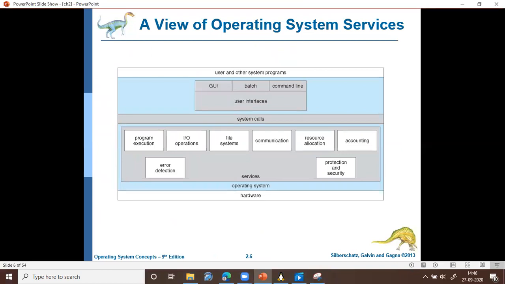So this is the diagram which describes whatever we have discussed so far. This is a generic computer system, how a computer system looks like. At the bottom layer we have the hardware, and then we have the operating system, and then the list of services. All the services that we have discussed are here. You can see resource allocation, accounting, protection and security. These are the services which are used to ensure the efficient operation of the system, whereas all the other services are user related services.